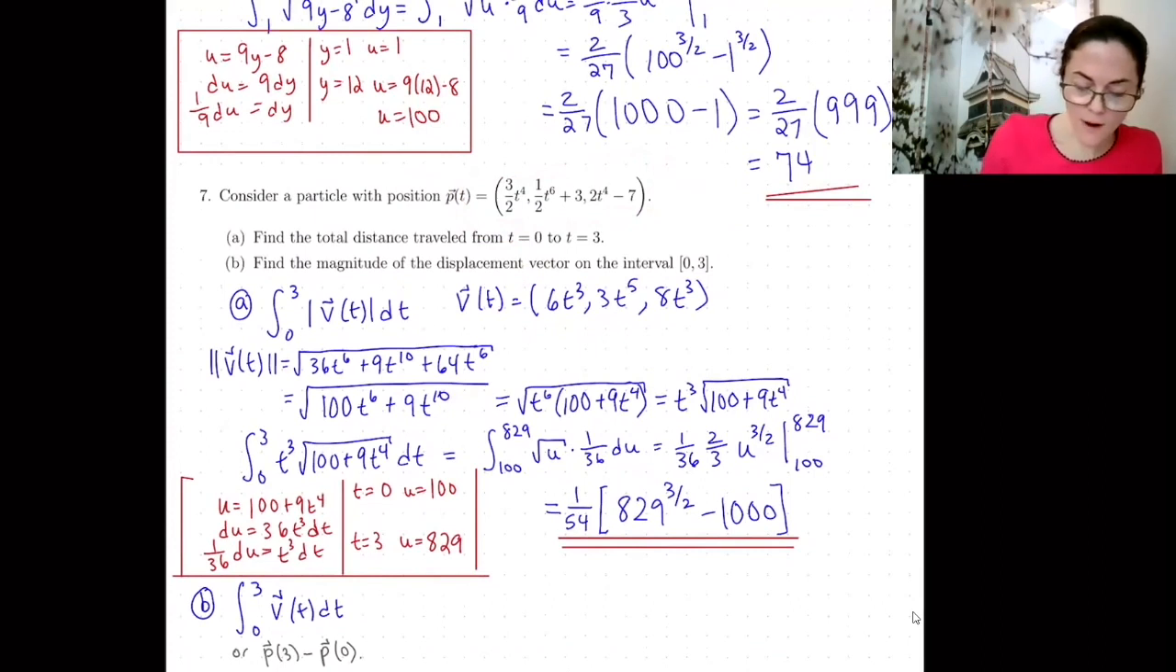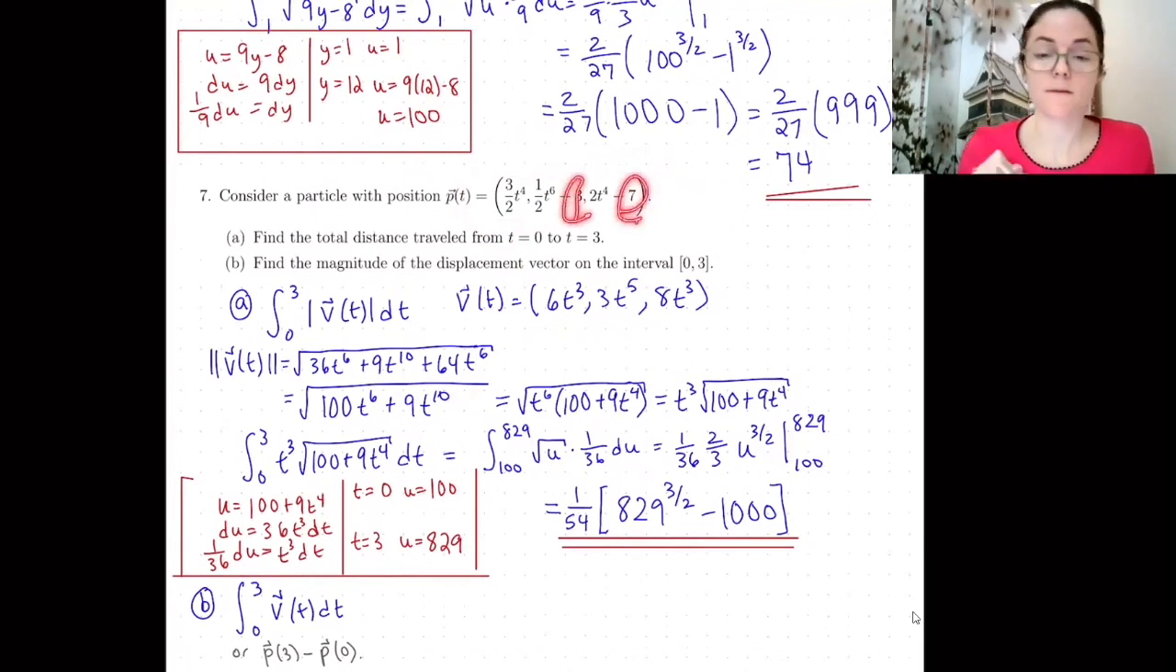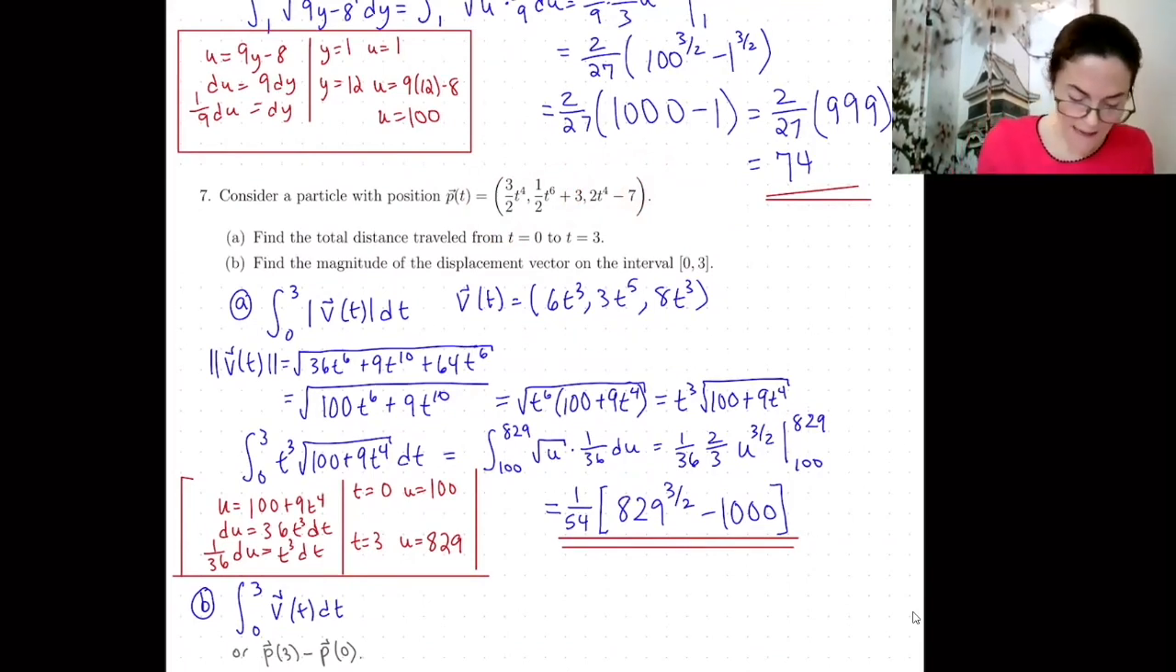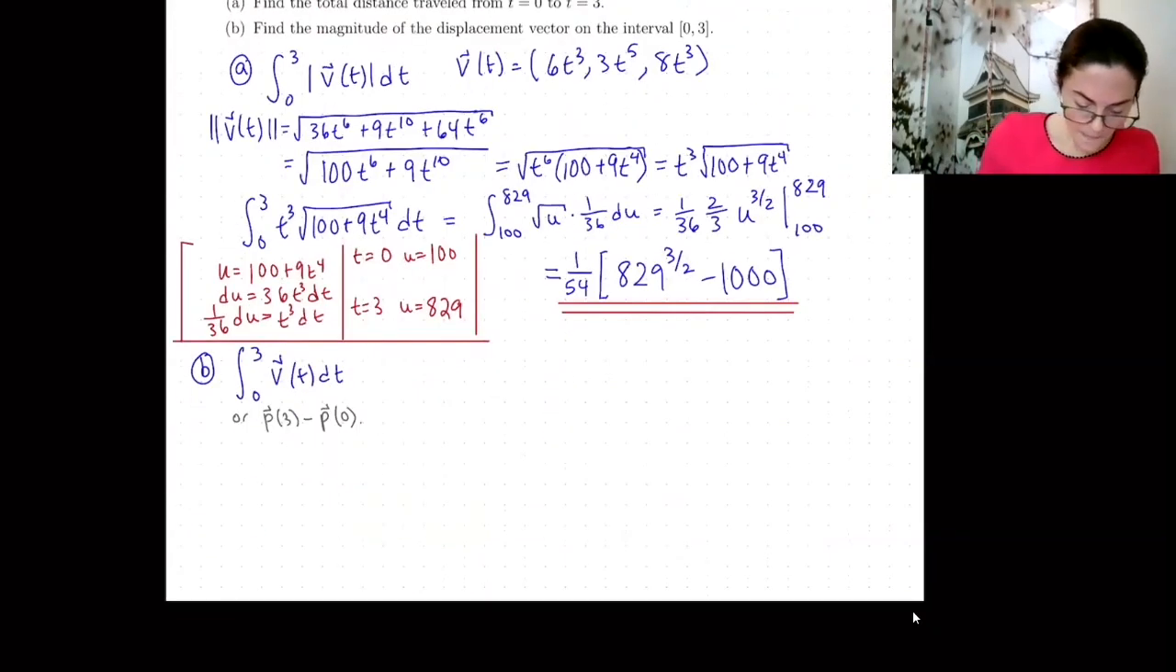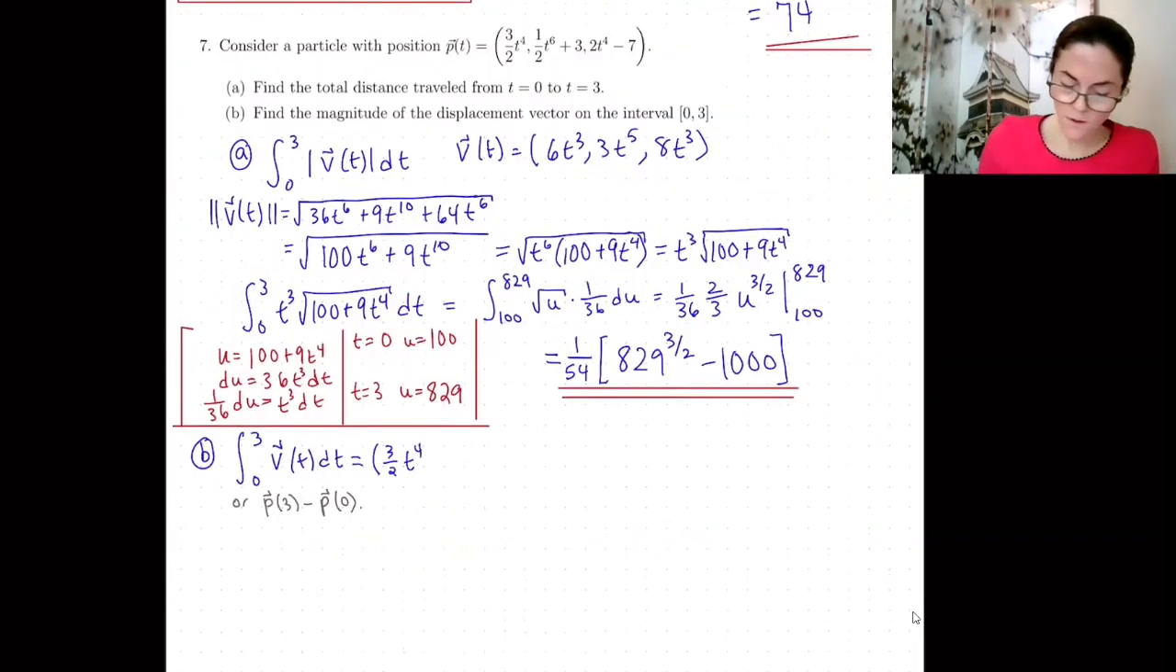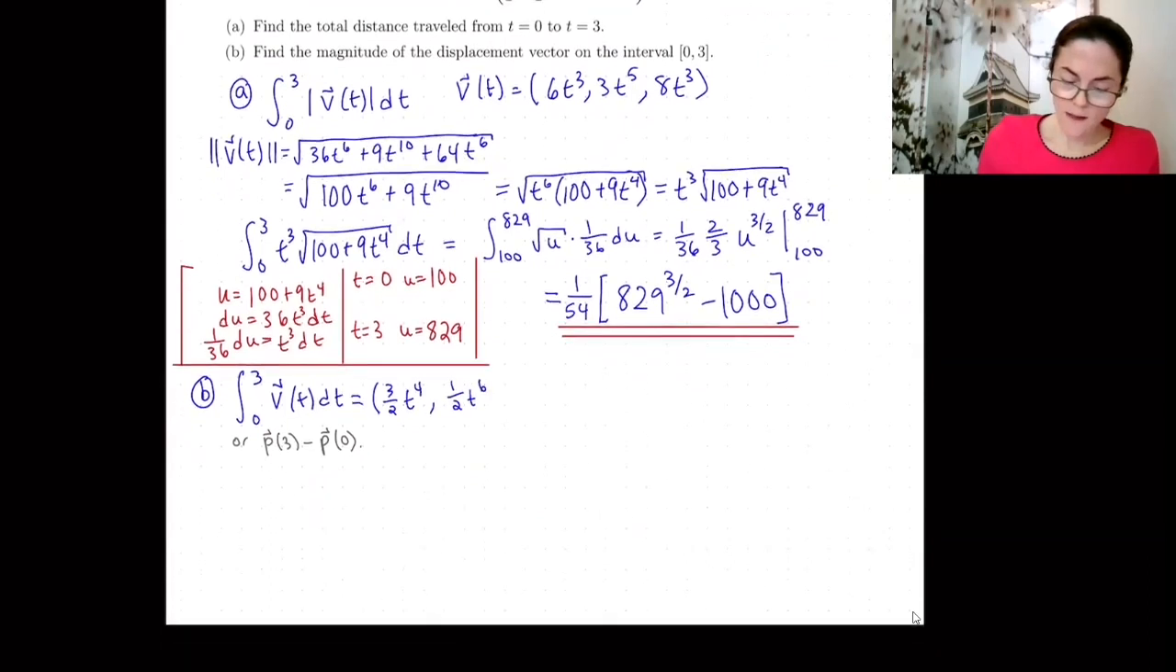I think I'm going to integrate velocity only because I don't have to worry about this plus 3 and this minus 7. And once I integrate velocity, I'm going to have something that is 0 at 0. So I can just evaluate at 3 and be done with it. Okay, so when I integrate this, it's 3/2 t to the 4th. This is 1/6 t to the 6th. And this is